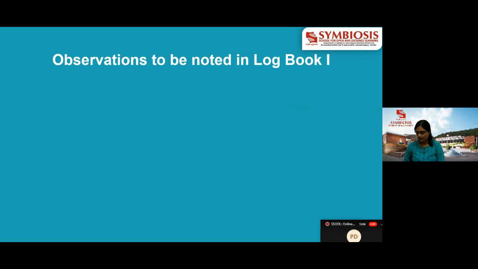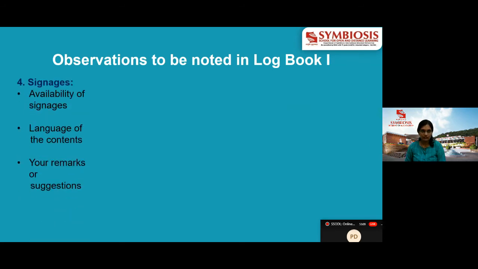The next point will be signages. It is very important with respect to wayfinding and providing adequate information. The motto of providing adequate signages is so that a staff member does not have to invest his or her time every time to show the way or give information to patients or their relatives. In that way, signages are helpful, so we have to manage them accordingly.